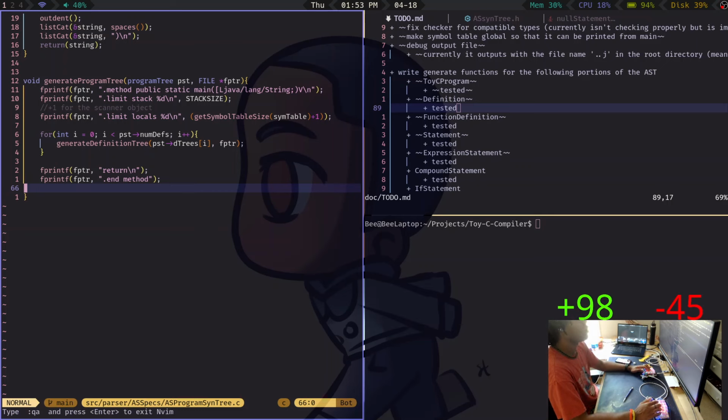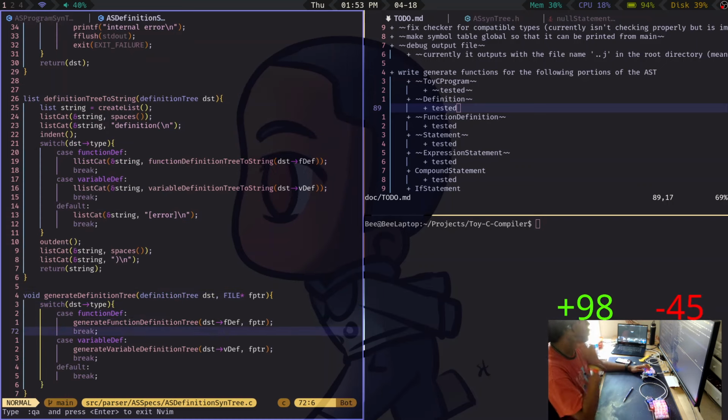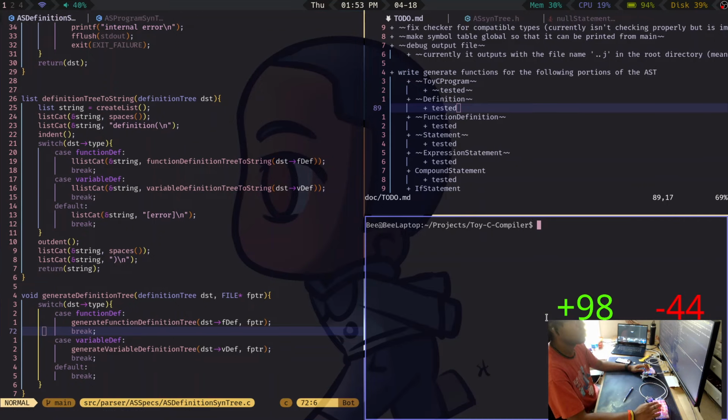And then definition. So, what constitutes a definition? We can define variables and then test it that way.